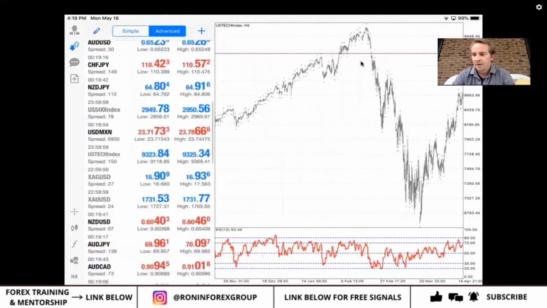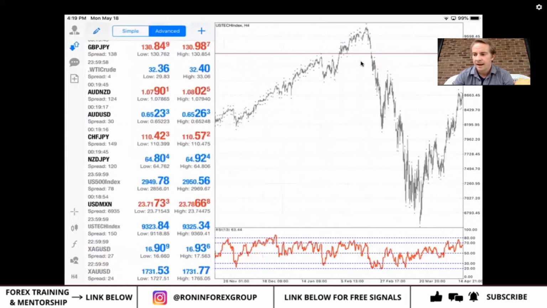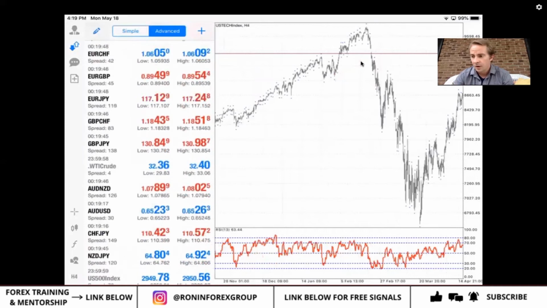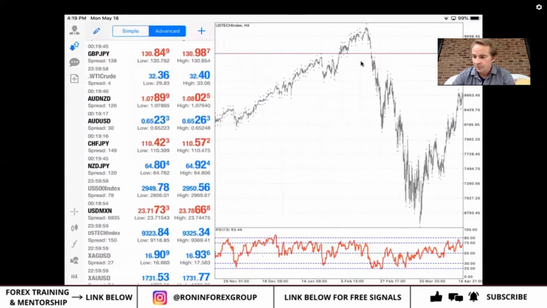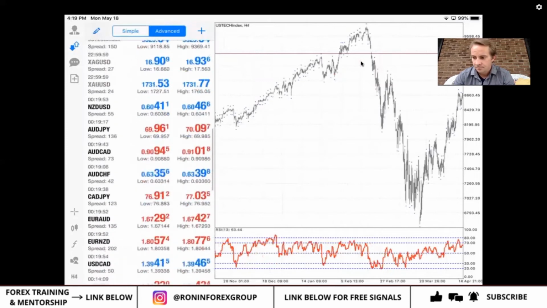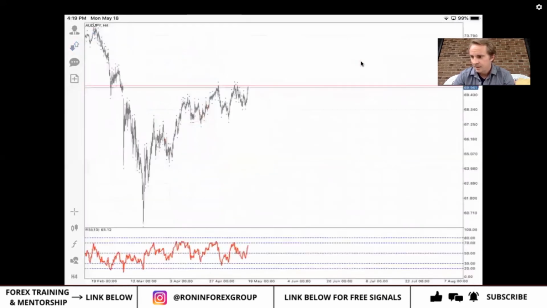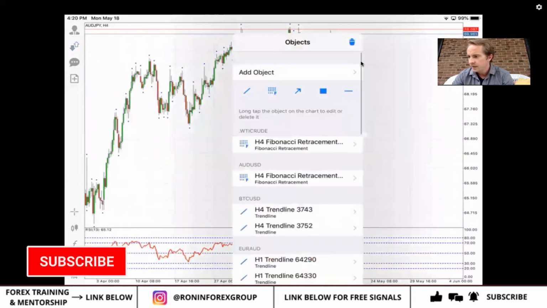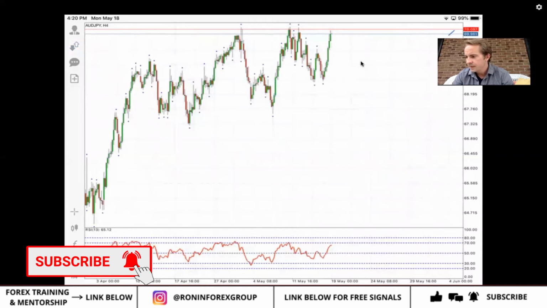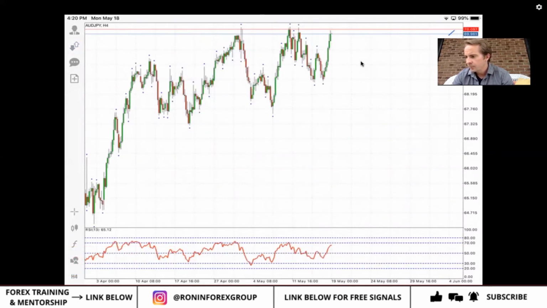So let's take a look at our Aussie dollar trades on the back of that. On the flip side, we caught a massive amount of pips today for sure, but we did have a stop loss here in Australian dollar, Japanese yen. And I had this on my other iPad. I'm trying to remember how I had it. I know. It was like this.